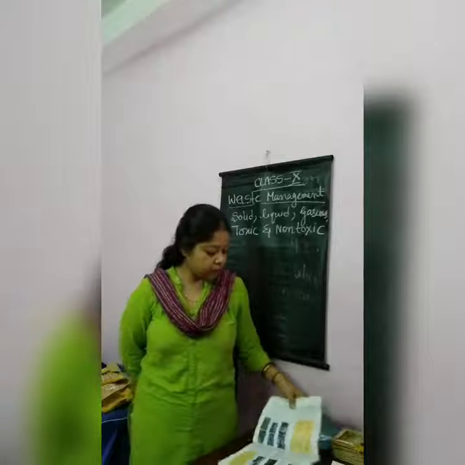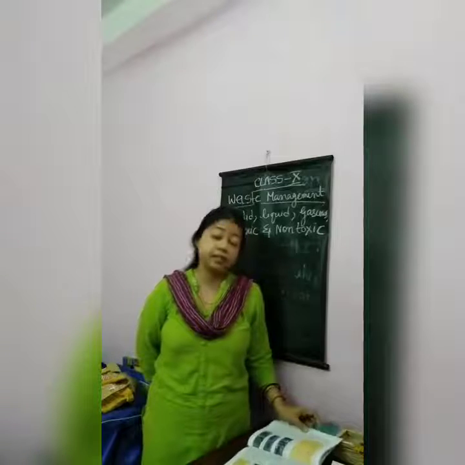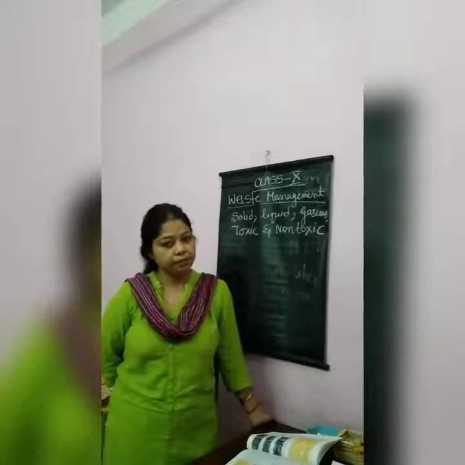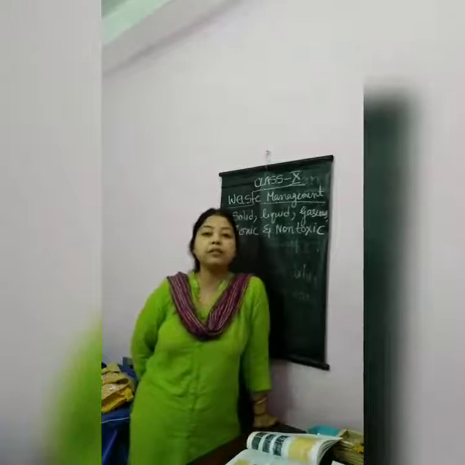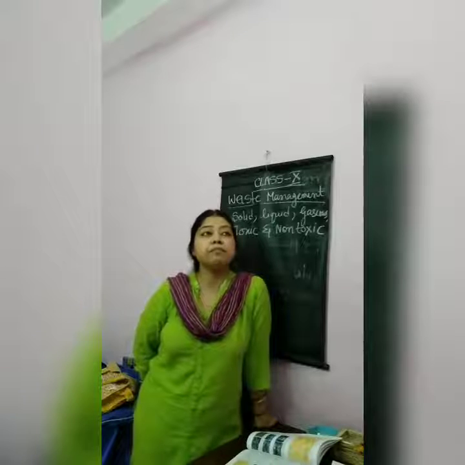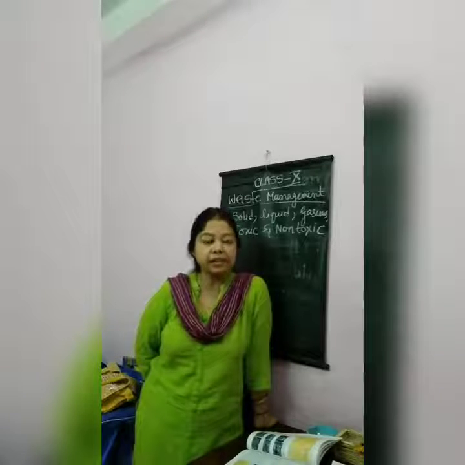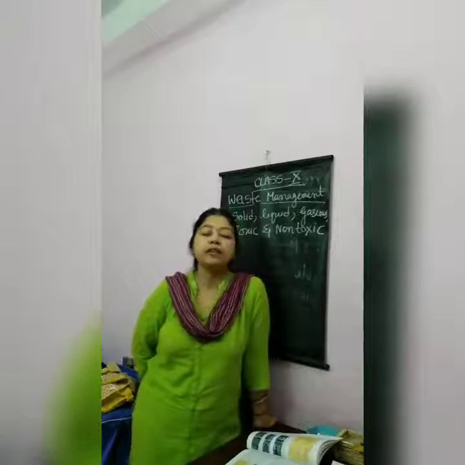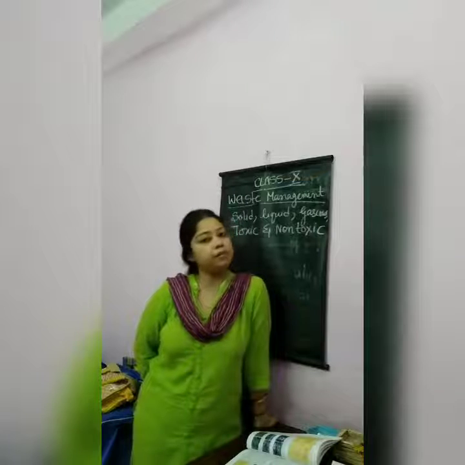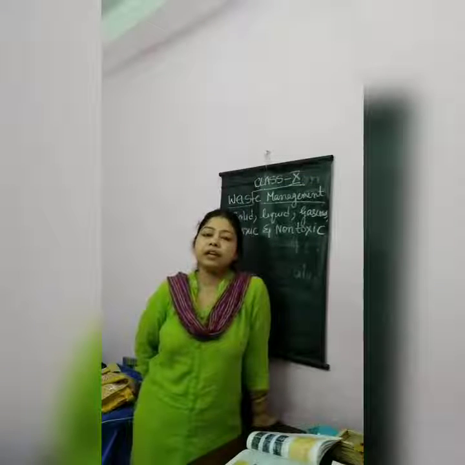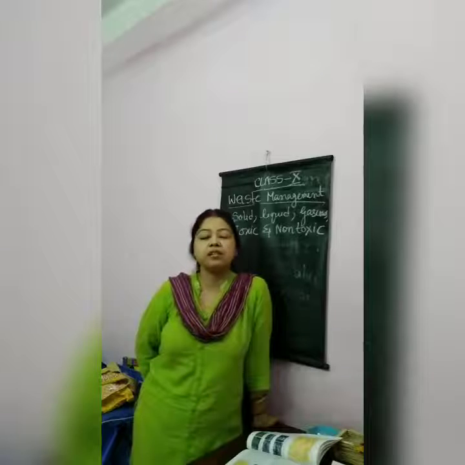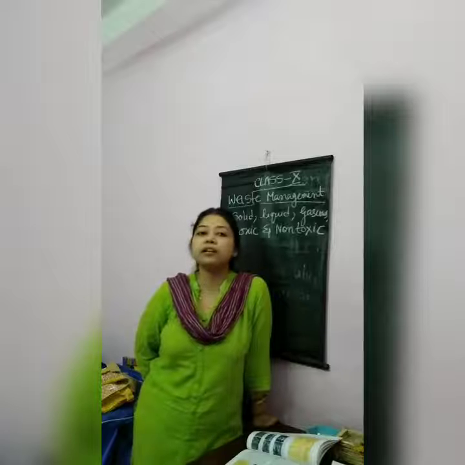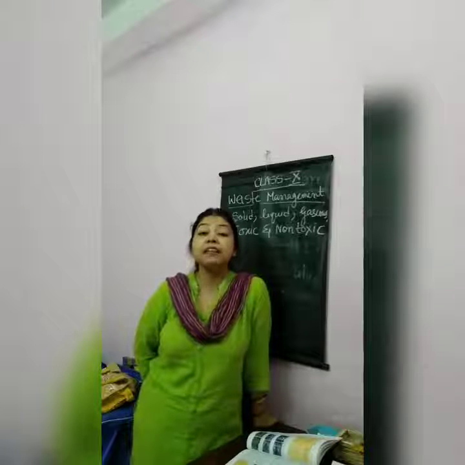Now, next part, though it is not given here, already discussed in the first video, that is biodegradable and non-biodegradable waste. What is biodegradable and what is non-biodegradable waste? The waste that can be mixed with the soil easily is called biodegradable waste. The waste that does not mix with the soil directly is called non-biodegradable waste. Example, eggshells, vegetable peels, tea leaves are biodegradable waste. They can easily get mixed with the soil. And non-biodegradable means that it does not mix with the soil, like plastic.